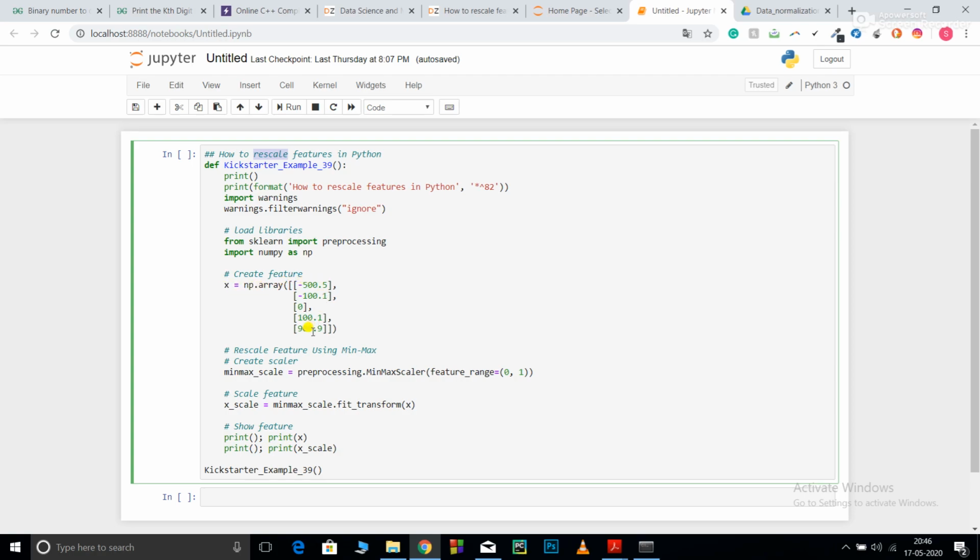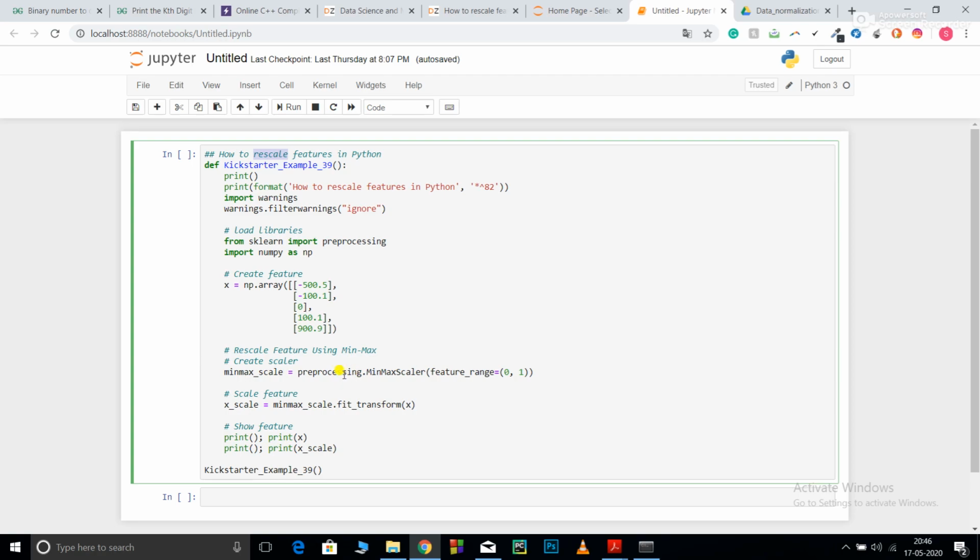Here I could have also used a normal array, but I'm using a NumPy array because NumPy arrays are much faster than normal arrays. The execution time is very fast. For suppose in case of large data, suppose performing an operation on a single column having 10,000 data takes 2 seconds for a general array, then a NumPy array is going to take around 0.5 seconds. So that is very fast as compared to general arrays.